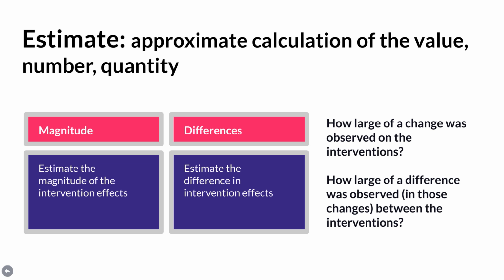So generally, you wouldn't simply compare treatment A and treatment B at the end of the study. You would actually first calculate how much of a change was observed in group A, how much of a change was observed in group B, and then compare those changes. Did A change or improve more than B improved? And that's really key to actually know the difference between the change in the intervention and the difference in the